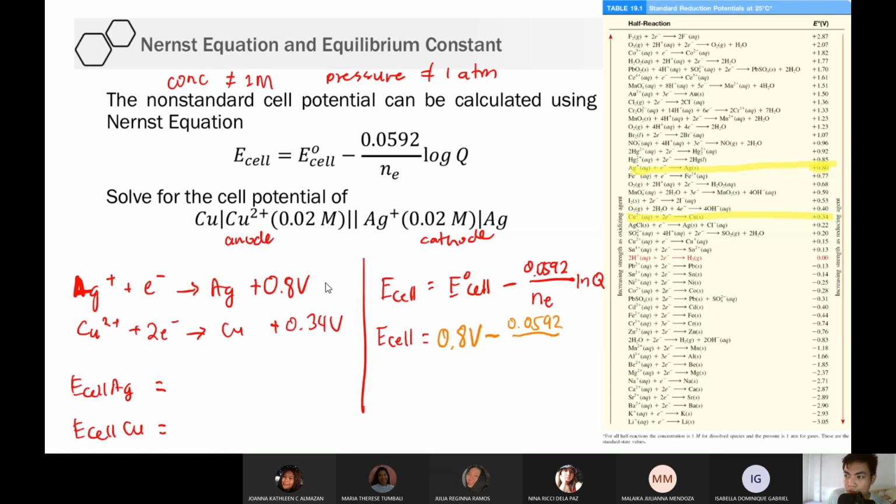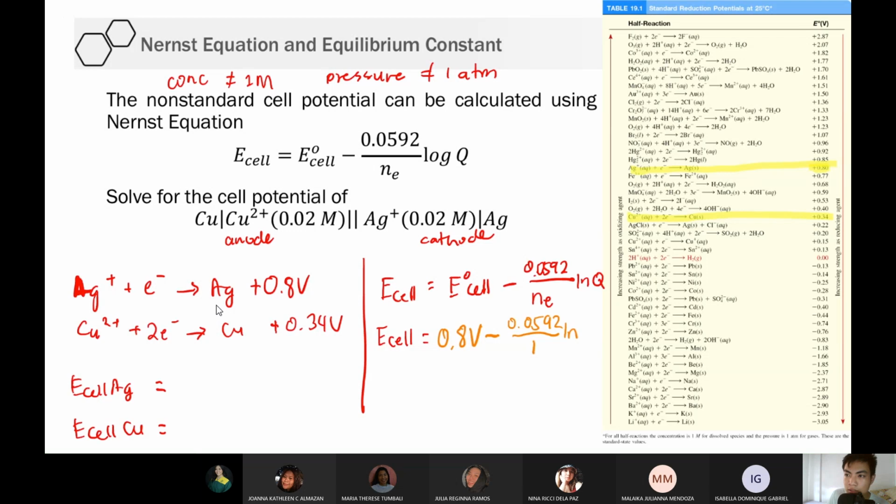Just look at the equation. The mole of the electron is 1. So lalagay mo lang doon 1. ln Q. Again, what is the reaction quotient? That is product over reactant, di ba? So, product over reactant. So, ang ilalagay mo lang ay yung reactant lang. Okay. Remember, solid yan eh. Hindi ko kinopya yung state, pero solid yan. Yung solid, hindi yan sinusulat sa reaction quotient, no? Or even sa equilibrium constant.